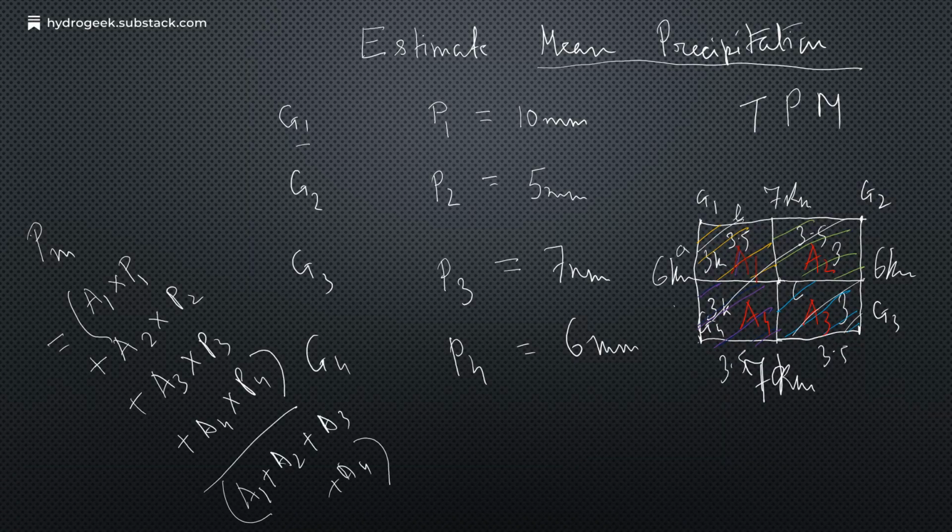Correct. So this is A into B. So area 1, A1, will be A into B. That means this is 3 km, because this 6 km interconnected line is divided into two equal length lines, as it is a perpendicular bisector. So this is 3 km and this is 3.5 km. So you multiply 3 with 3.5 and you will get